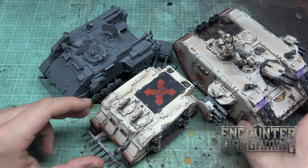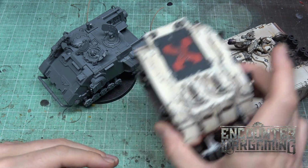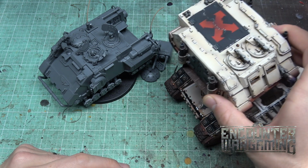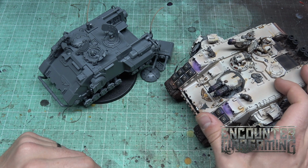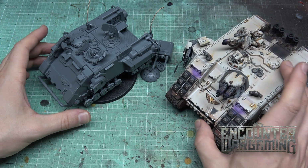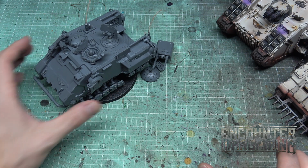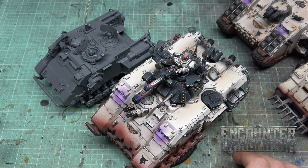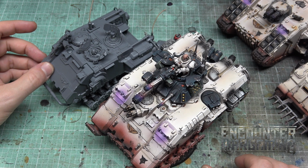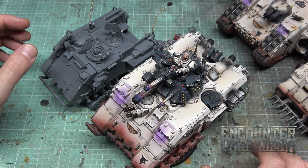So then, right, considering the Land Raider is significantly bigger than a Rhino. A Land Raider is what? Essentially 2 Rhinos stacked beside each other like that, right? And then much taller, probably, I don't know, 30% taller, right? Okay, so if that's the Land Raider and the Rhino, let's compare it to the Repulsor, right? Because that's its bigger brother. So let's get this guy and put him right next to it. So, yeah, pretty cool, right? It's definitely smaller. It's about, I'd say, 40% smaller, so it's very similar to the ratio between the Land Raider